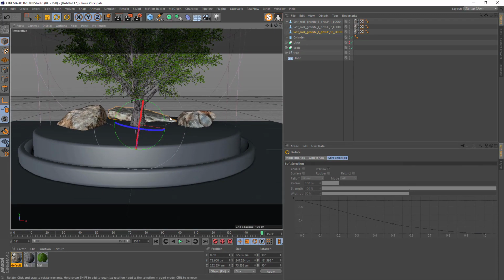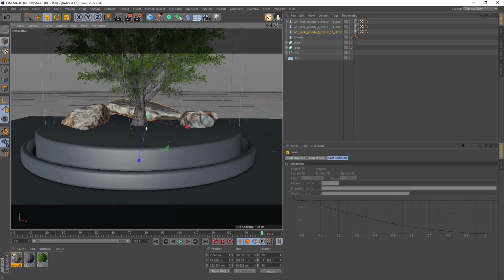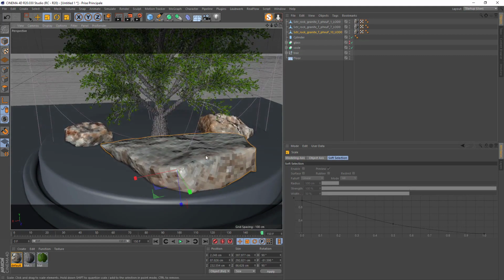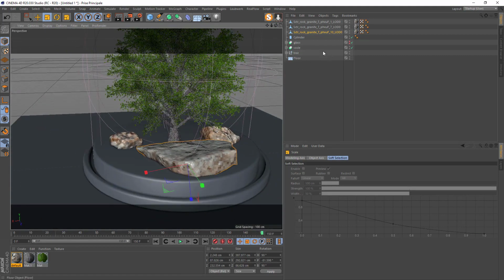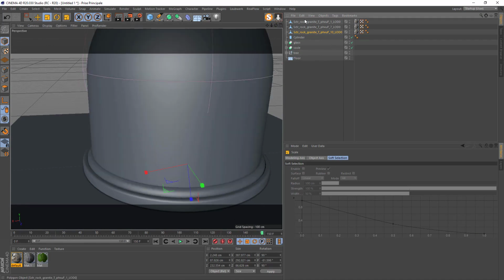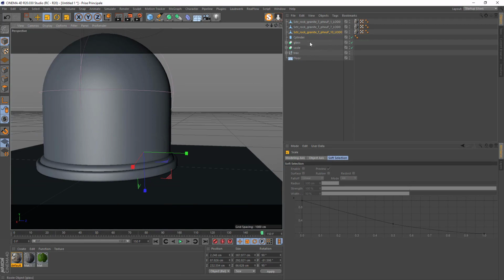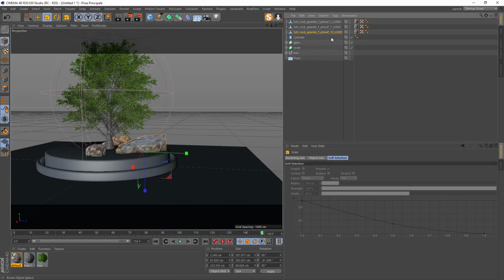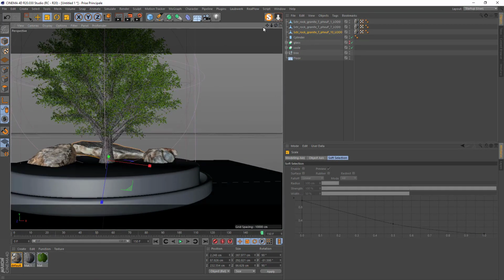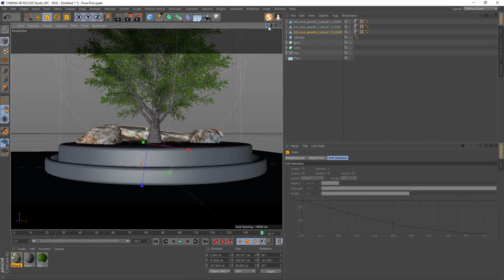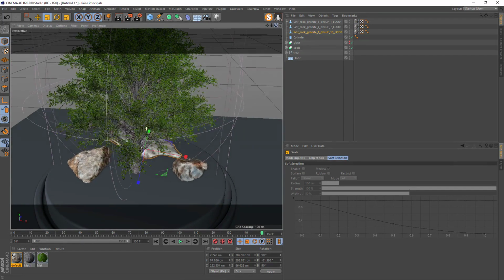We'll add some grass, maybe this one we are not going to see very much. I will put it up like that, make it even bigger. Just make sure you are not outside the glass, because we've got the glass here. If I enable it, it looks good. I will keep it like that, it's okay, I think. And that's all.